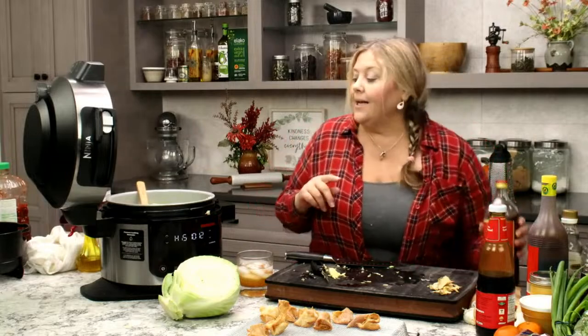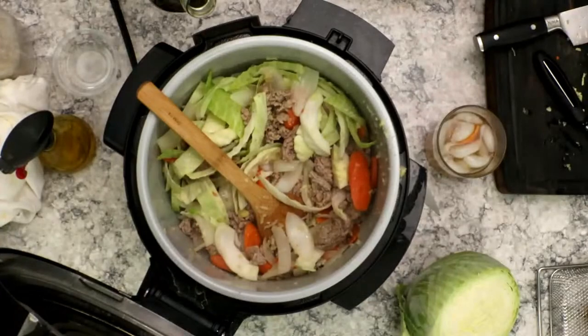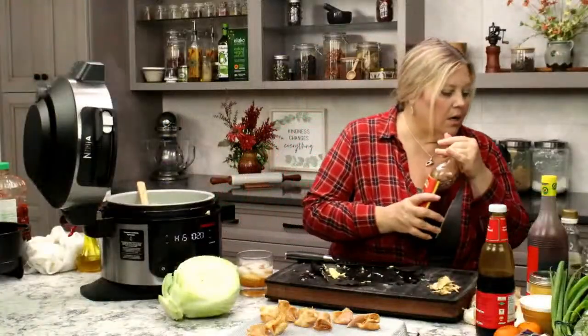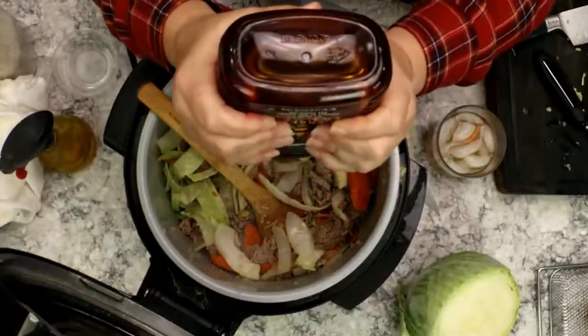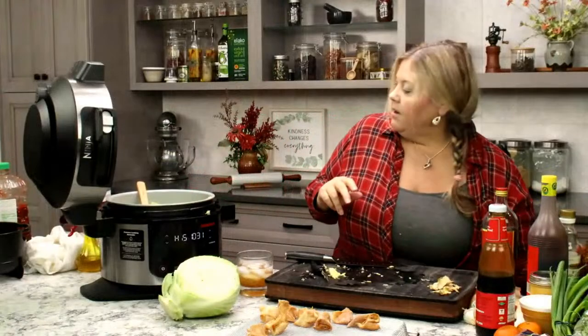Okay, so let's get in some cooking wine, and probably 1/4 cup will work. I always like a little sweet heat, so I'm going to put in just a little bit of honey, probably about a tablespoon. And then,